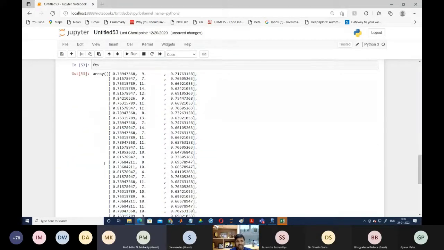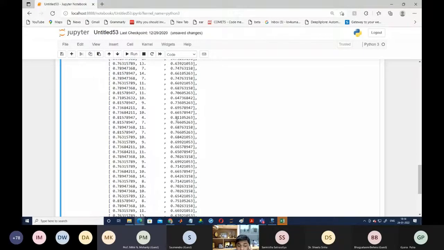Now you can see, here what we are getting is, just to tell you, if we are using 9 features, we are getting the accuracy 78.94. Now you can see here we are getting the overall with 9 features. With 7 features, we are getting the accuracy of 81%. So definitely the second one is better than this one. Now you can see the fitness value. The higher value of fitness value basically represents the best solution.